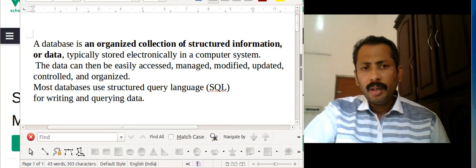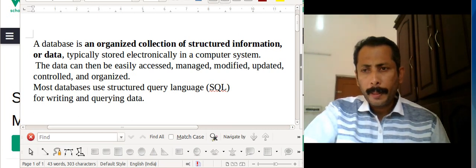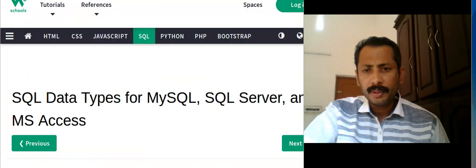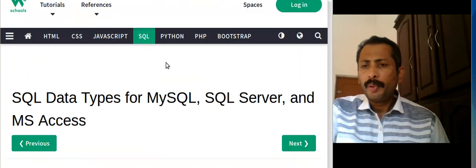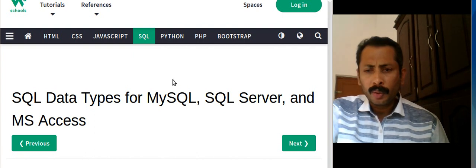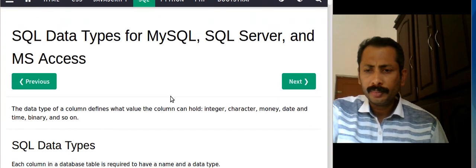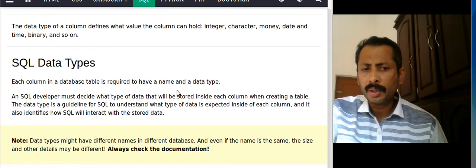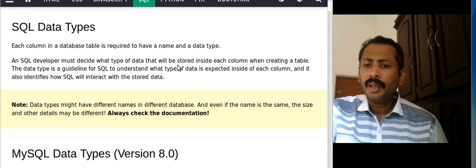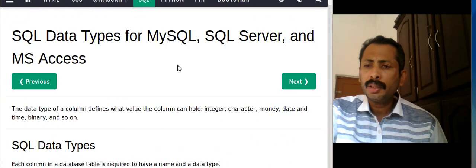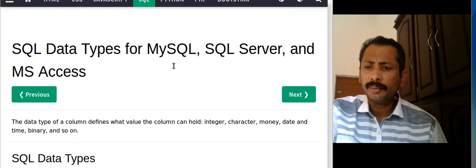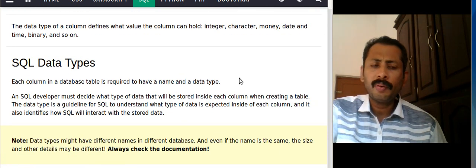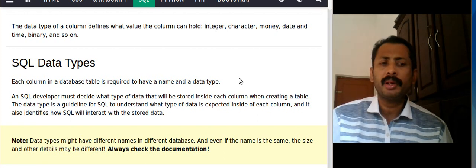Okay, now I will show you a portion from w3schools.com. This website shows what is SQL and what are the data types stored in SQL.